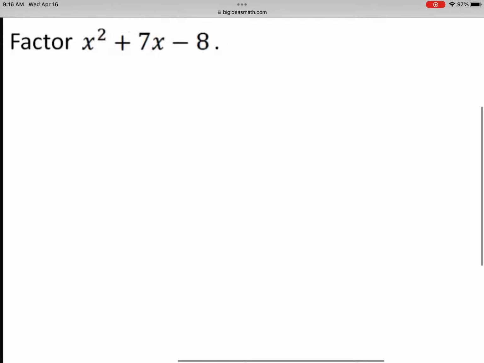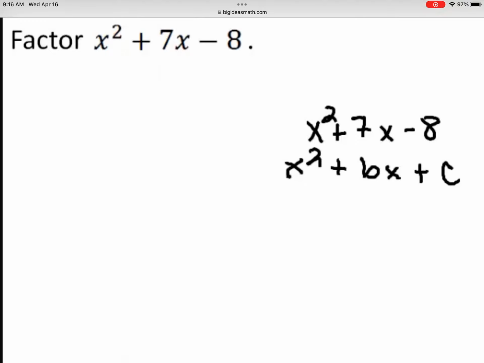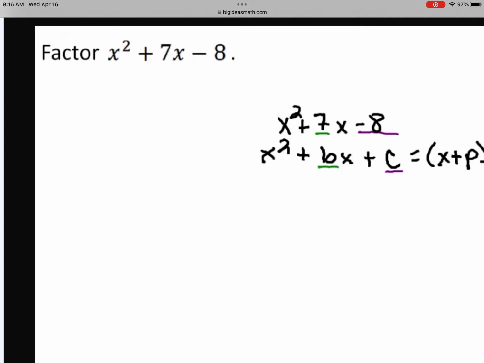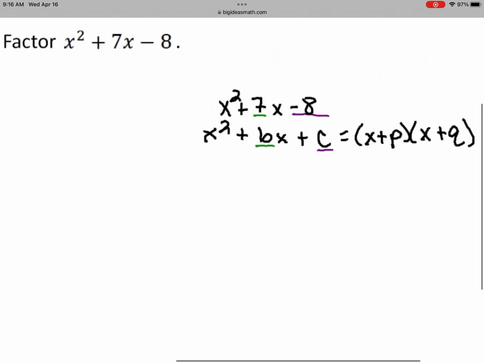Factor x squared plus 7x minus 8. Notice that x squared plus 7x minus 8 is of the form x squared plus bx plus c, where b is 7 and c is negative 8. Because x squared plus 7x minus 8 is of the form x squared plus bx plus c, it factors as the quantity x plus p times the quantity x plus q, when p plus q equals b and p times